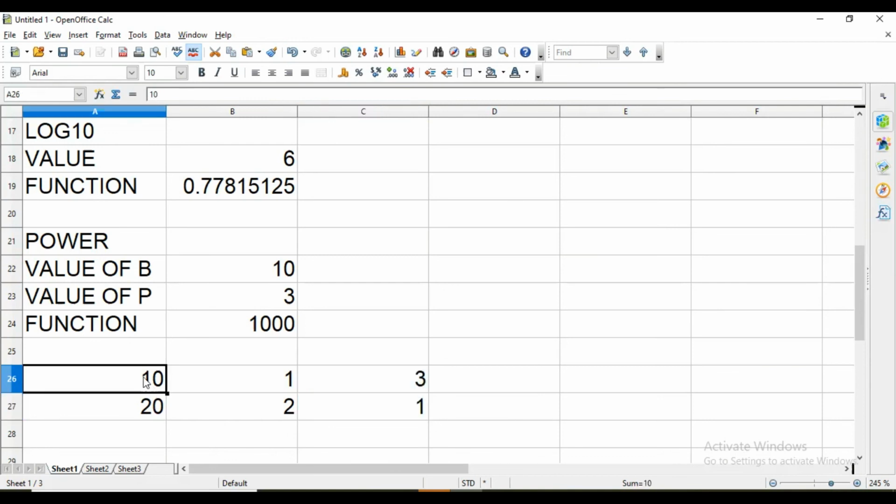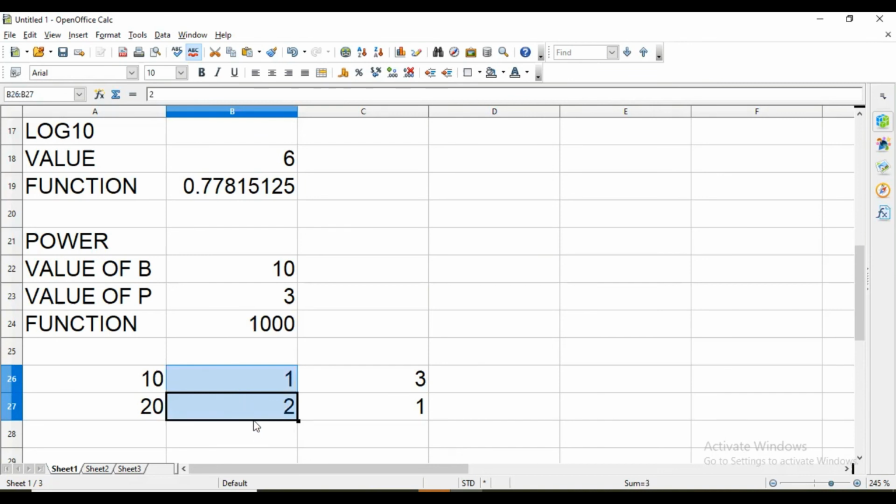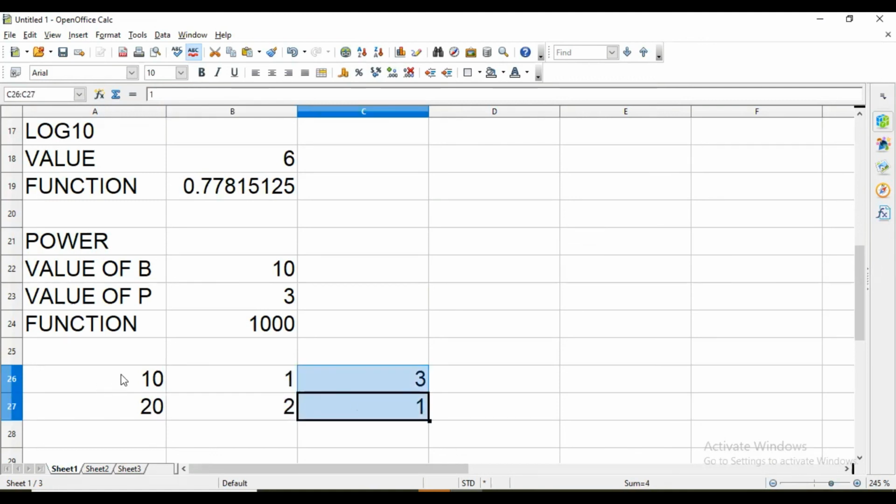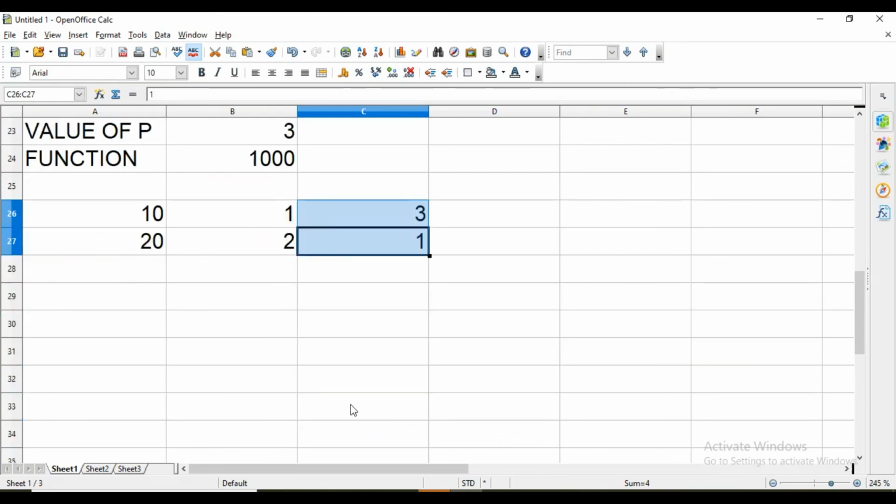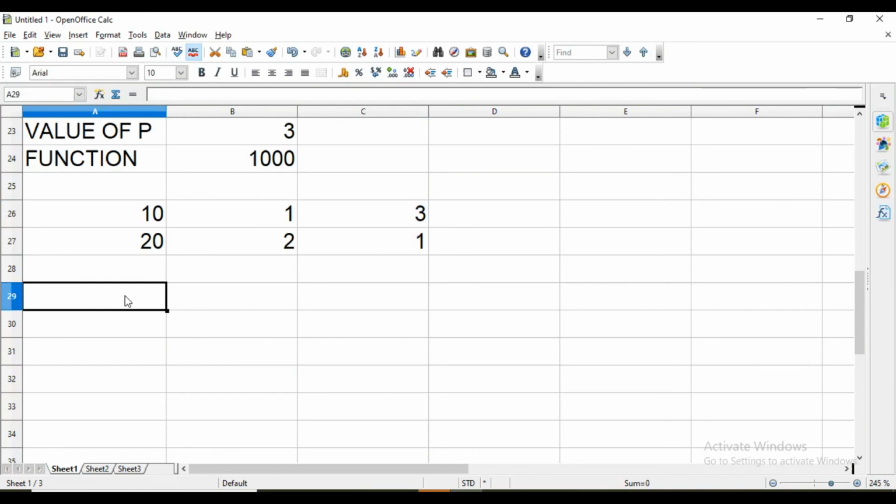So we are going to multiply this, then whatever comes that will be multiplied by product of this, then whatever comes next value that will be multiplied by product of this. That means 10 into 20, that is 200. 200 and 2 ones are 2, so 200 multiplied by 2, that is 400. This 400 then multiplied by 3 into 1, that is 3 ones are 3, so 400 into 3, that is 1200. So we are supposed to get value 1200 here.